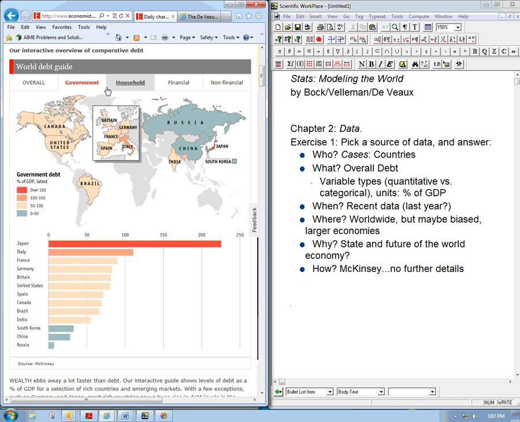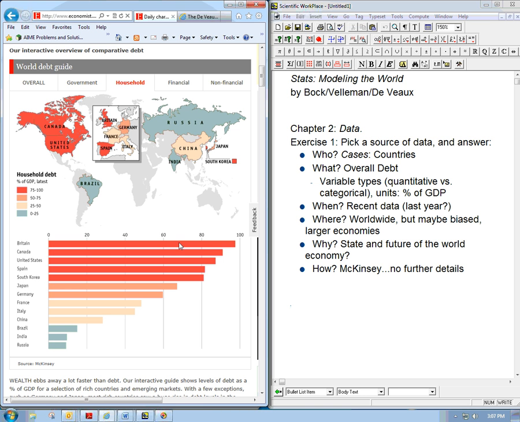There's government, they have a little glitch there. Government debt, Japan far outstrips everybody else in terms of that. Household debt, there's more of an even distribution. Lots of people have over 80% of GDP